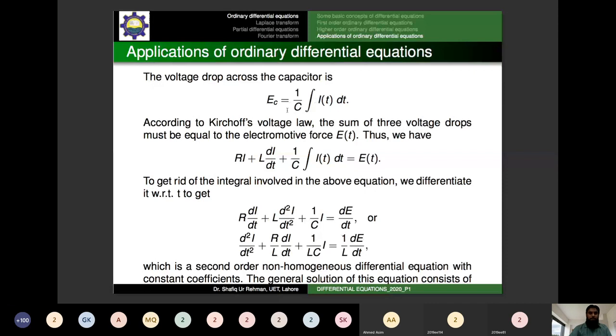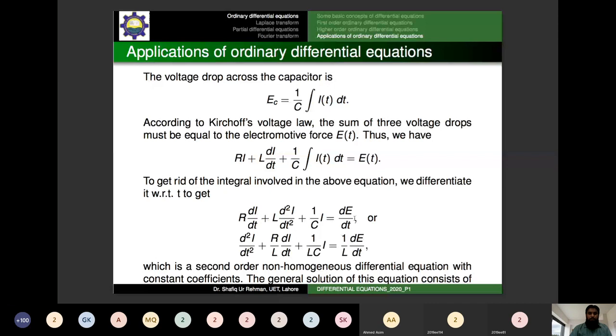Since we have an integral sign over there, again differentiate it to get rid of this integral sign. The derivative of I means the first derivative. The derivative of di upon dt means the second rate of change of capital I. Integral and differential, they will cancel each other. Then the derivative of E with respect to t. We can also make it more simple